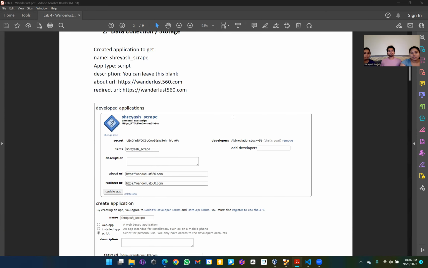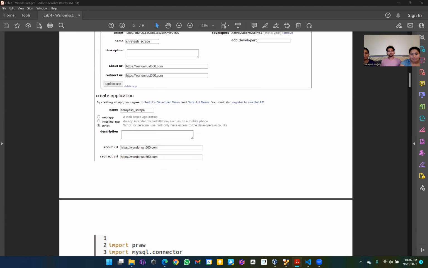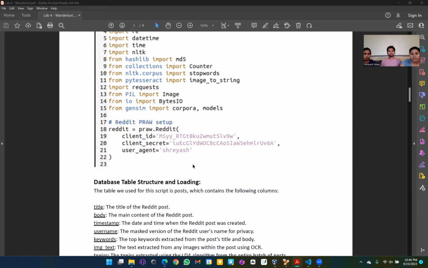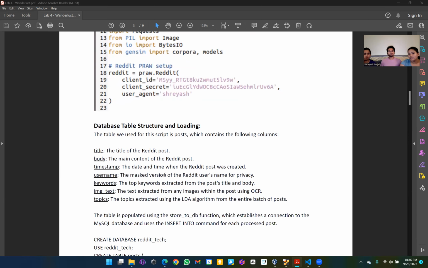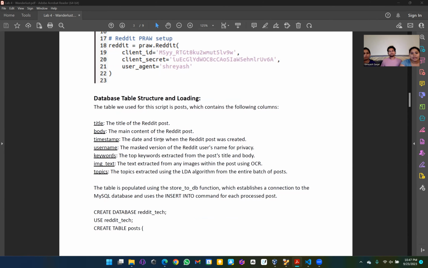We created a developer account on Reddit and used our credentials. In order to do that, first we have to set up an app. And after creating the app, we got our client ID, client secret, and user agent. So after setting up the PRAW API, we designed this schema for our database table: the title,